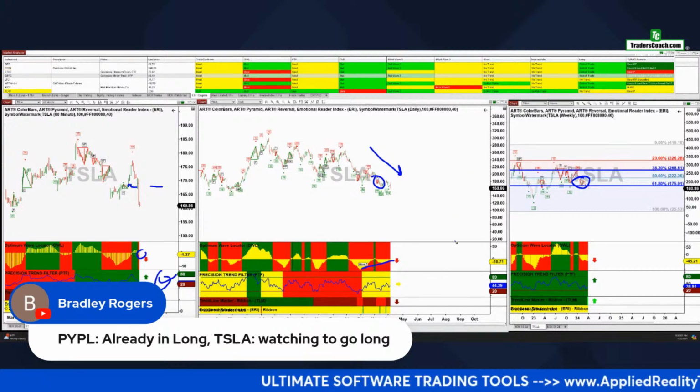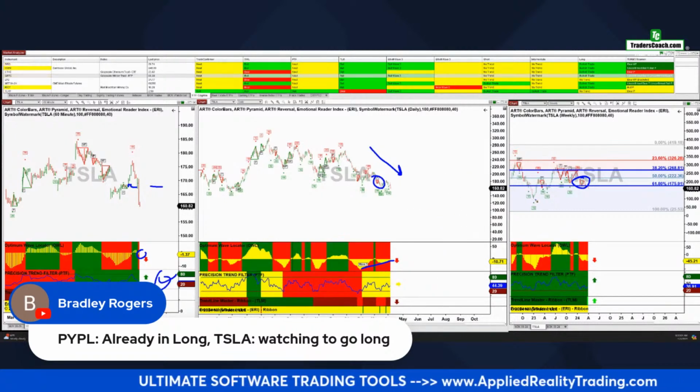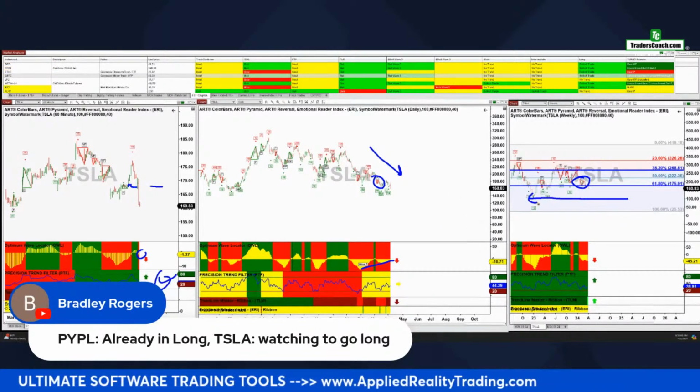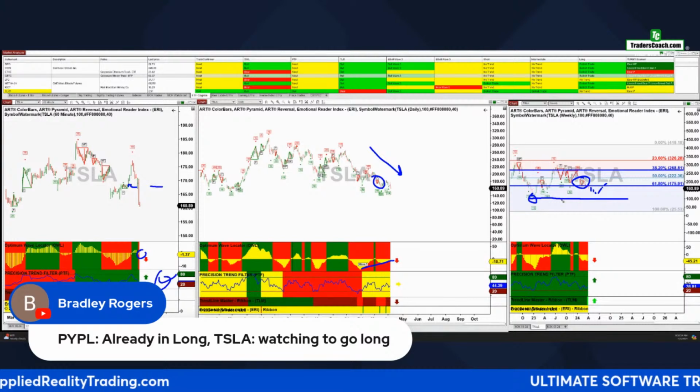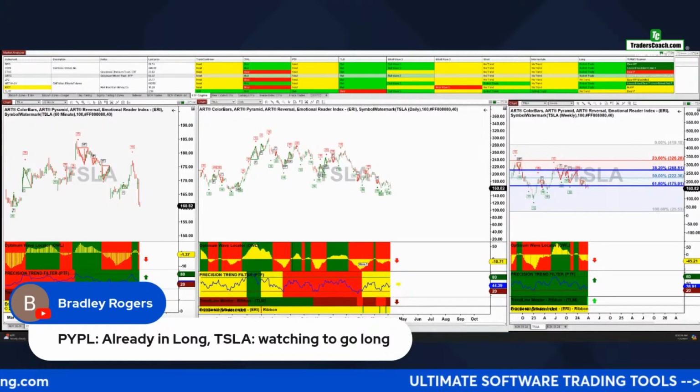Do have bullish divergence. So I would expect, let's see if this bottom holds here on the weekly chart. So let it come down as much as you want, and hopefully we'll see a reversal. And if we do, that's going to be a powerful sign, okay? So let's put this on a watch list for a long position.